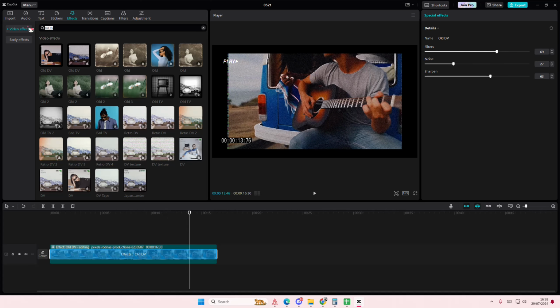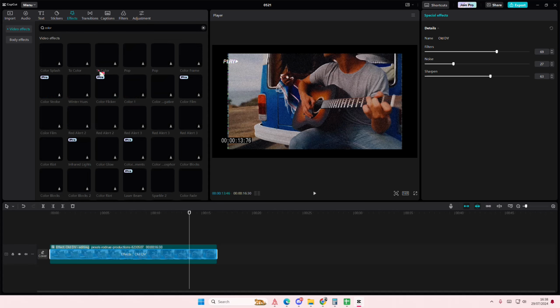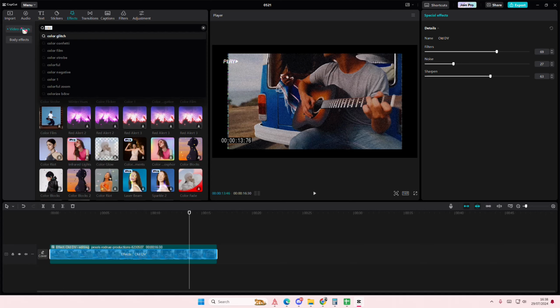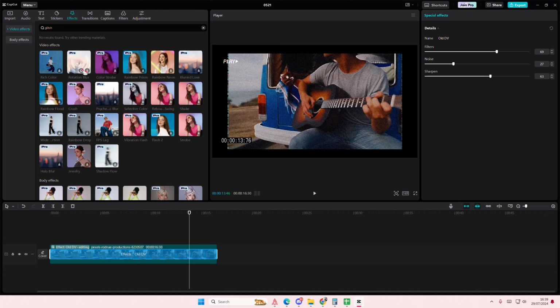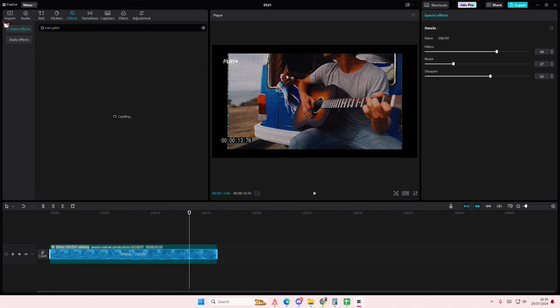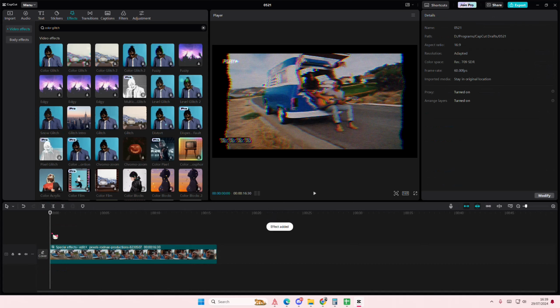Then I'm going to go to the effects section again, and I'm going to type in color glitch as well. If it's there, I think it's under glitch, or if it's not there, I think I'm just going to add in just a glitch effect. Should be here. I don't know why it's not here. Oh, there it is. I'm just going to select it and I'm going to drag it into my video,